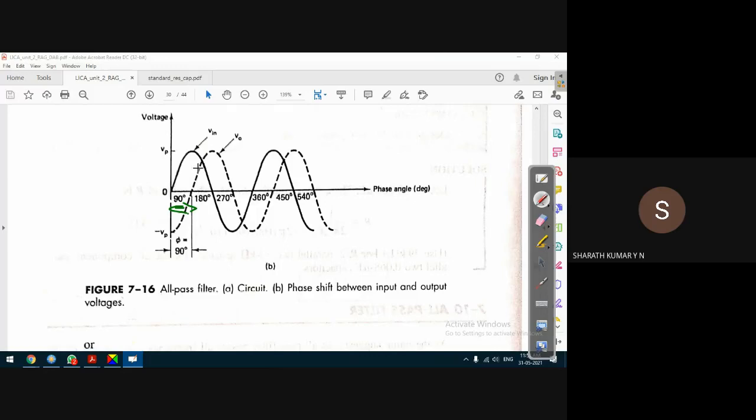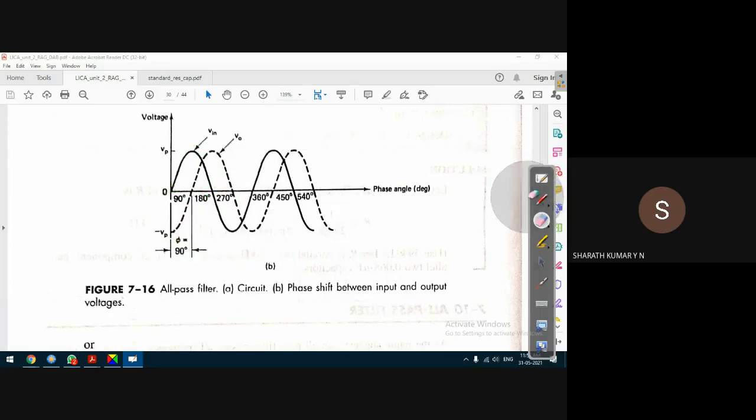Why? Because for the positive cycle, it is not exactly, it's minus 180 degrees. Why? Because when the input voltage is 0, for example, observe this, when the input voltage is 0, the output voltage is negative peak. And when the input voltage reaches positive peak, the output voltage is 0, and when the input voltage again reaches 0, the output voltage is positive. So the phase shift is approximately 90 degrees. Phase shift is 90 degrees. So that's how this all works.